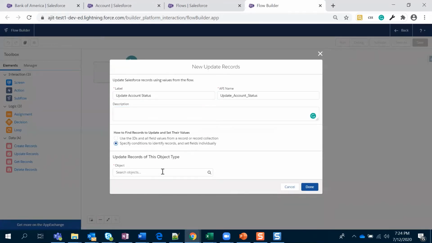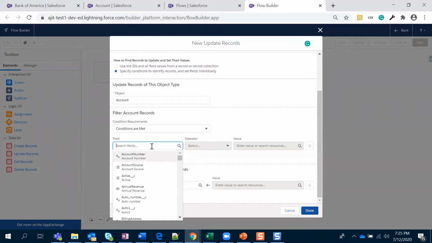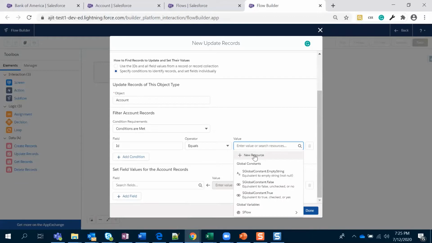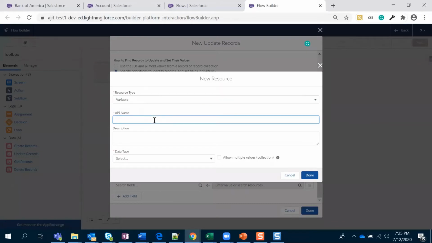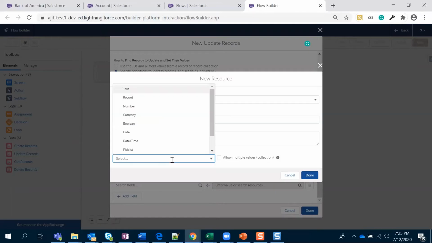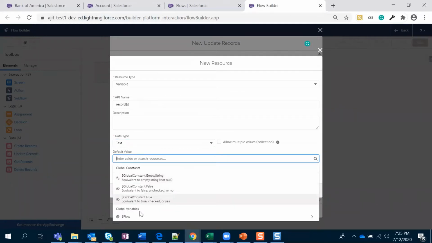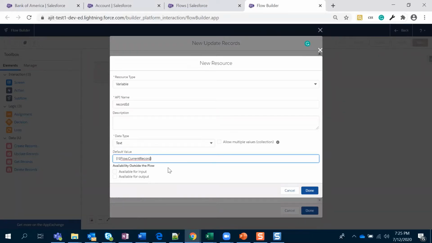and I'm using the condition for the account. The condition should be on the ID. So here I'm going to create a new resource, a variable, say record ID, and it should be text, and you have to select flow.current record ID to pass the current record ID, and it should be available for input. It's done,